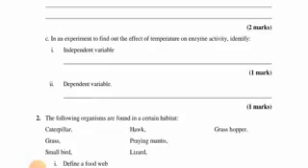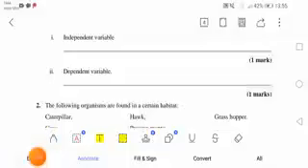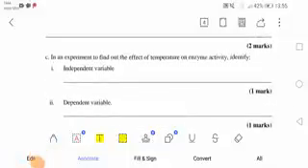Independent variables are variables that do not change, while dependent variables are variables that change. Dependent ones depend, independent ones do not depend. So whenever you are carrying out this experiment, you are asked to identify temperature as independent, that does not change. These can include the type of enzyme. If you are conducting this experiment, make sure the type of enzyme must not change,